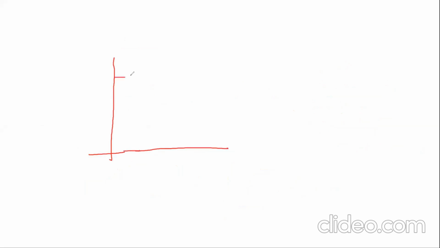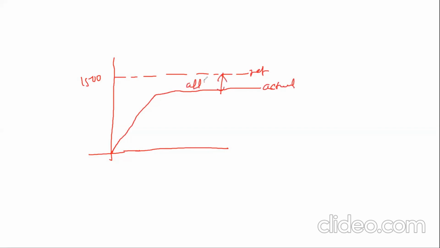Suppose we want to run the motor at 1500 rpm. So the command is 1500 rpm, and we have implemented open loop control. In that case, the speed will increase but never reach the reference value. This is the reference value and this is the actual speed. The difference between reference and actual is nothing but the offset. It means we never get the required speed.